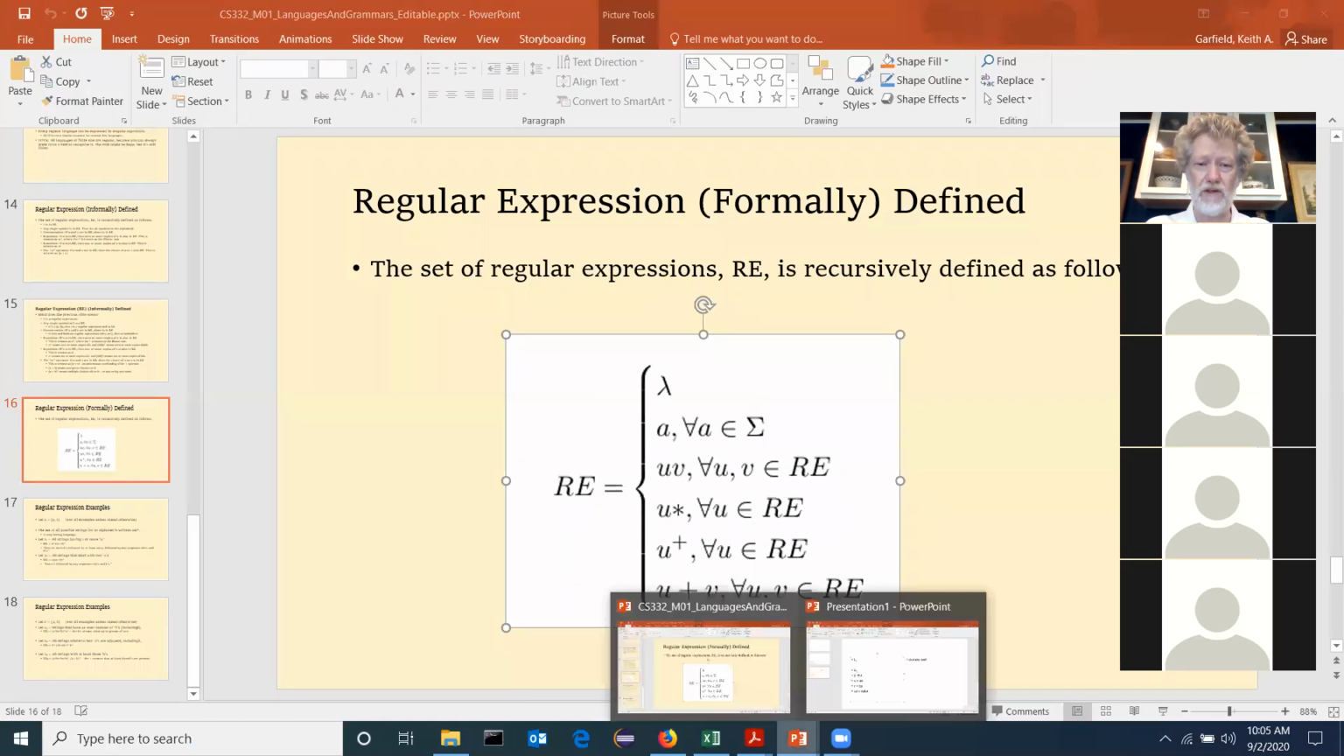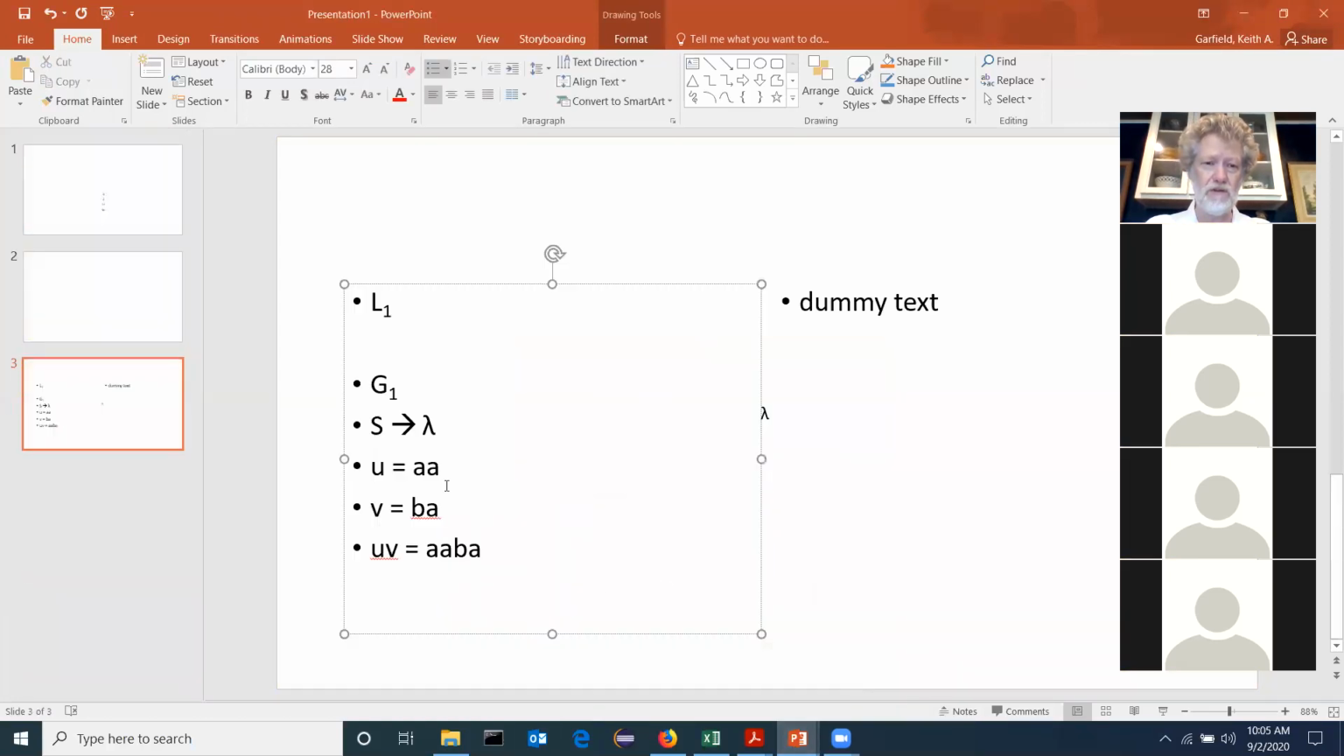How does that work in the grammars? A star is equivalent to nothing, lambda, or A, or AA, or AAA, and we can keep going. Right? That's what sigma star, that's what the Kleene star means. A plus, and I'm not,